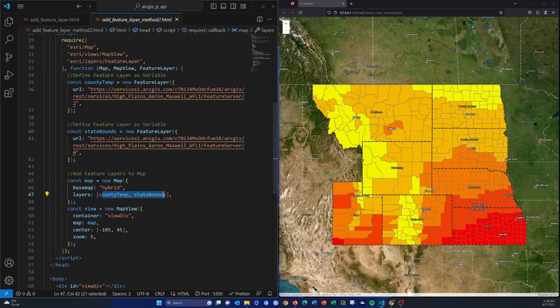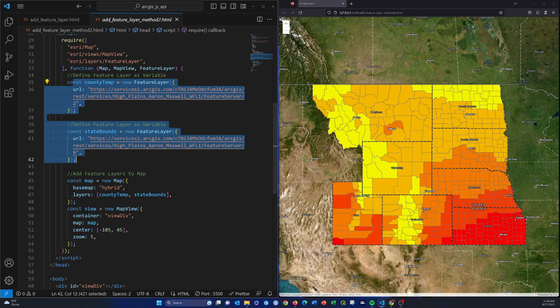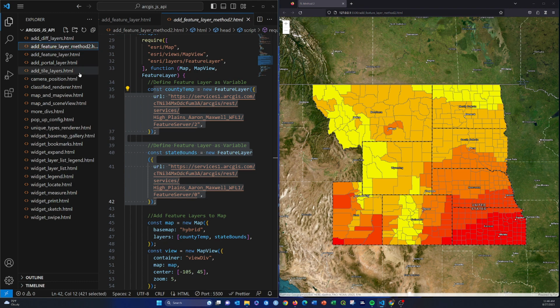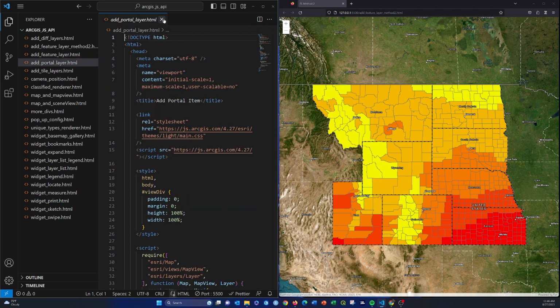But if you do that, you're going to have to create them beforehand. Okay, so those are examples with feature layers, but there are a few other options. Let's look at adding a layer using a portal ID. So I'm going to open this now. Let me close out some of these. We'll kill this and